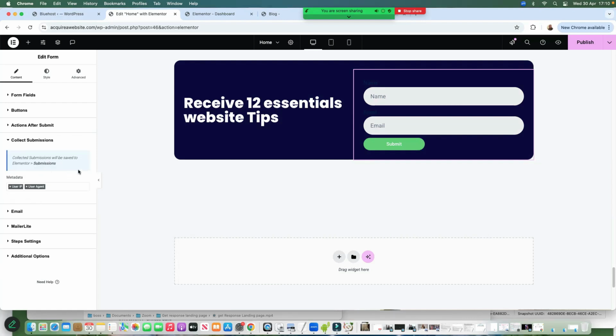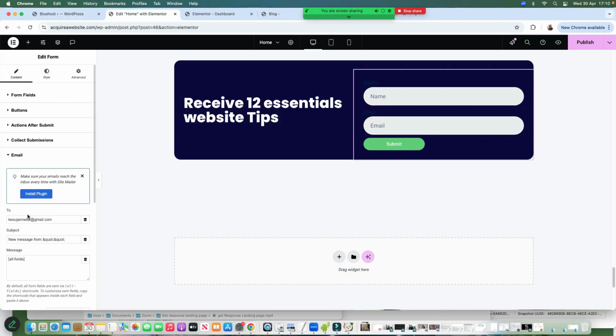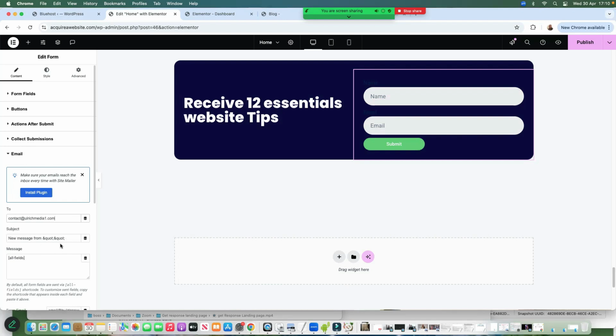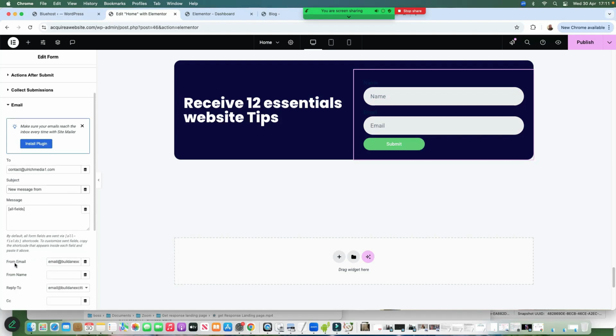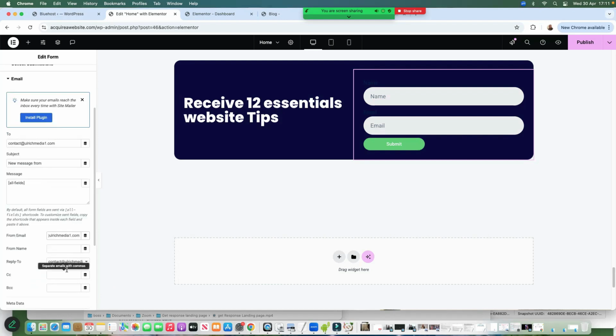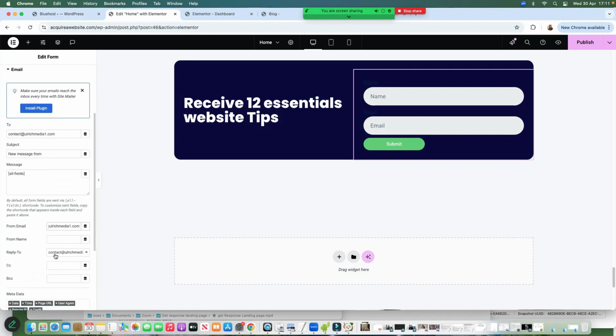User agent, collect submission will be safe. So leave that one, it's fine. Come here to email. Here on email, I have email. So I'll need to change the email. It's going to be my actual business email. Subject, message, field. And here, from email, I'll just change that email again. Yeah, so make sure you have the same email here. Reply to,